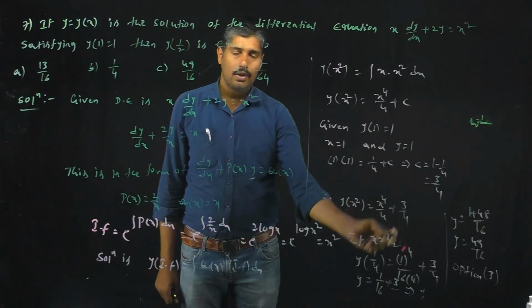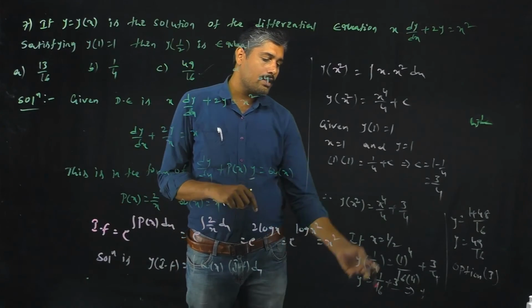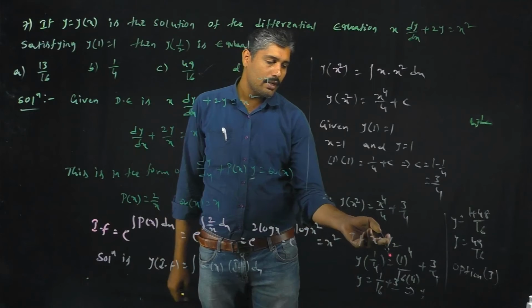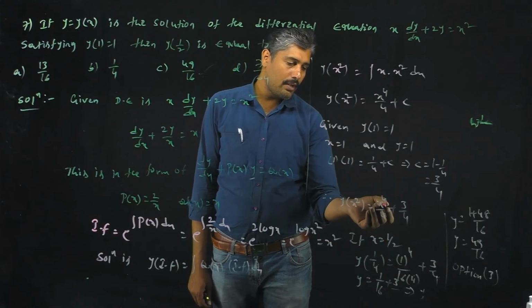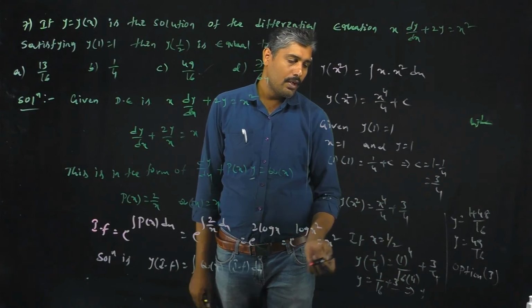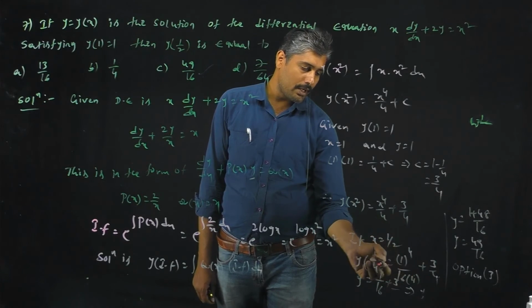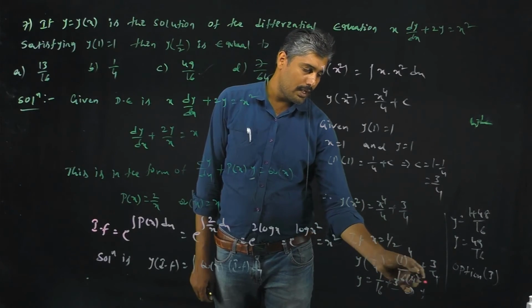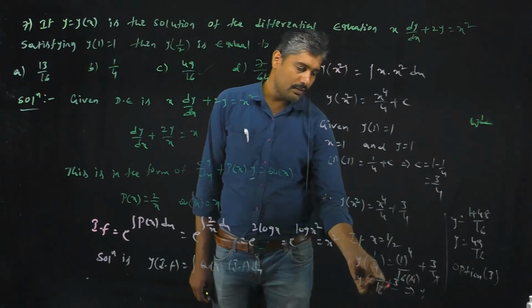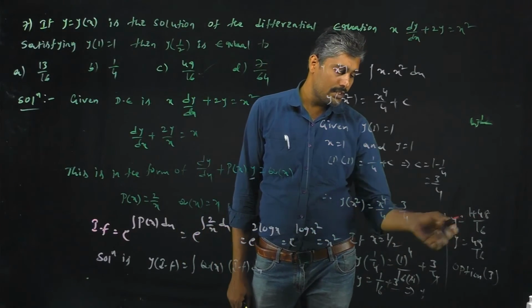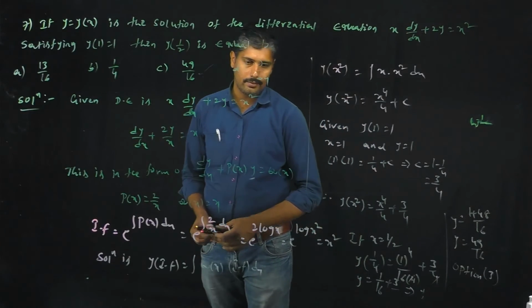Substitute here. We find out when x equal to 1 by 2, what is the value of y? If x equal to 1 by 2, substitute here: 1 by 2 whole square is 1 by 4. Here 1 by 2 whole power 4 equals 1 by 2 power 4, that is 1 by 16, into 4 plus 3 by 4. In the denominator 4 is there, 4 is cancelled. Right? Then we get y equal to 1 by 16 plus 3. Then take the LCM, that equals 1 plus 16 3s are 48 by 16, that equals 49 by 16. That is option 3.